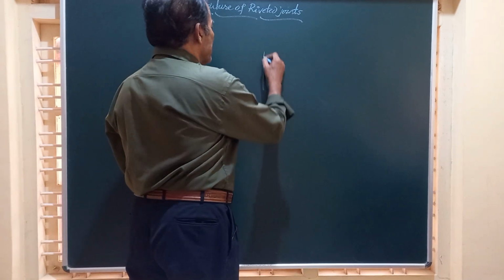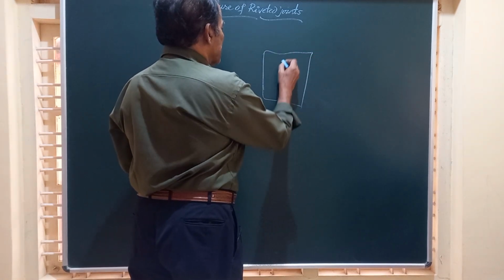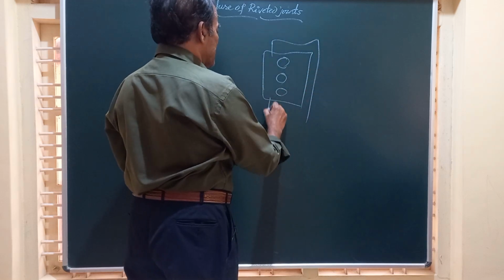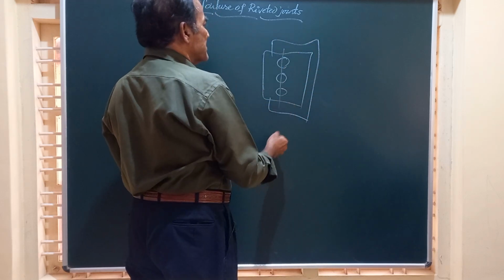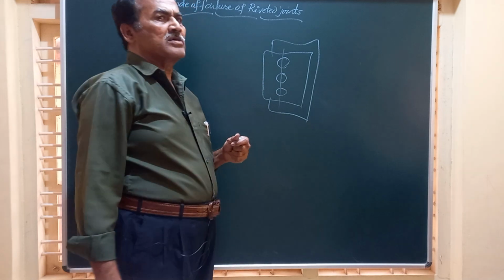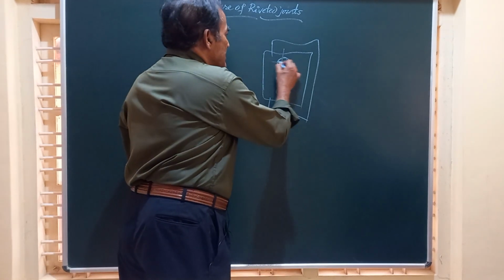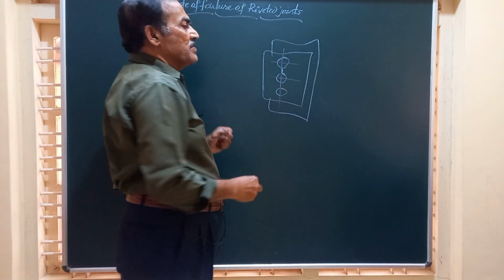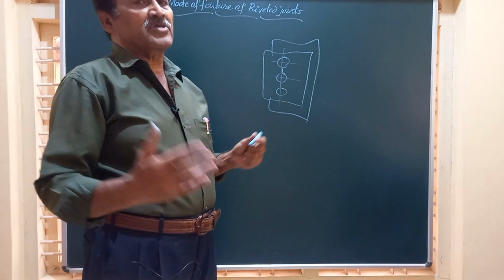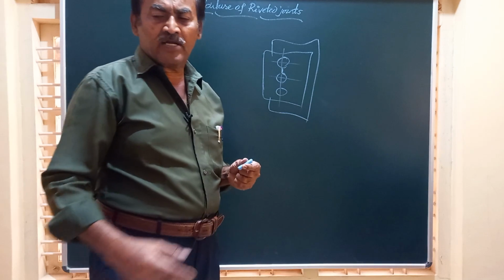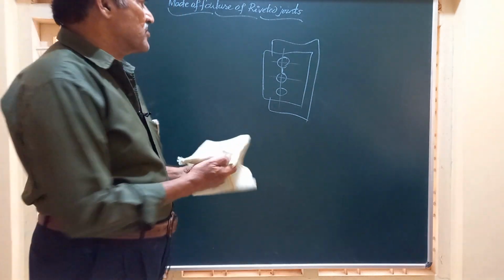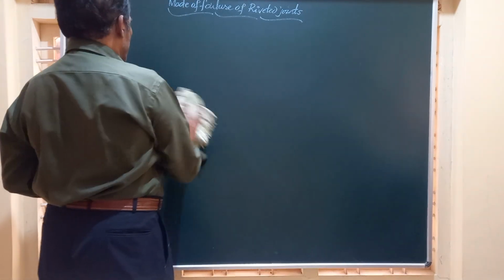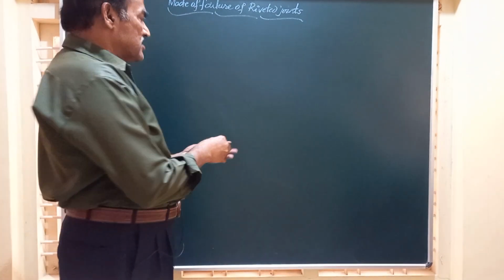See, for example, friends, if we have a plate like this, two plates are there, one placed over the other, and if it is subjected to a pull, the distance or the place or the gap between these two may get torn off. So here we call such a failure the failure by tearing of the plate, and we have an expression